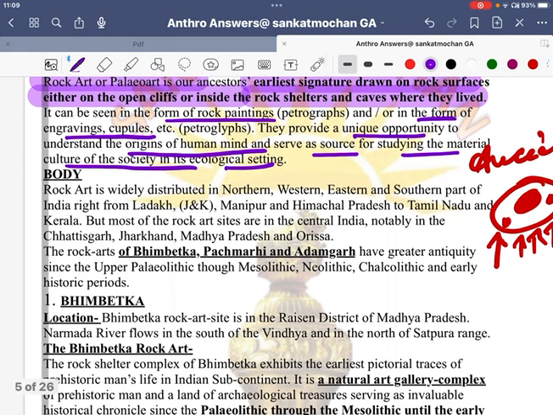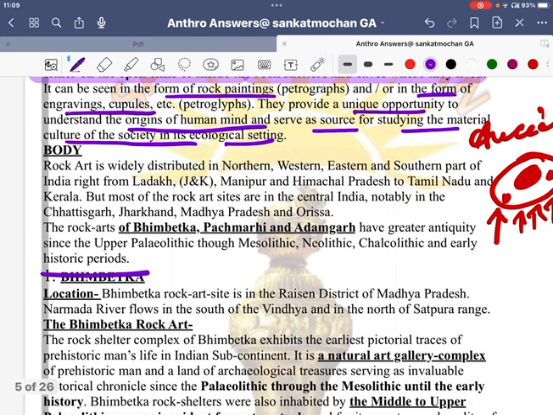Fine. So think what we have to write. You can start directly from Bhimbetka, because 150 words is not that much that you can define so much. But here I have written it for your goodwill, so that you don't have to search for it.